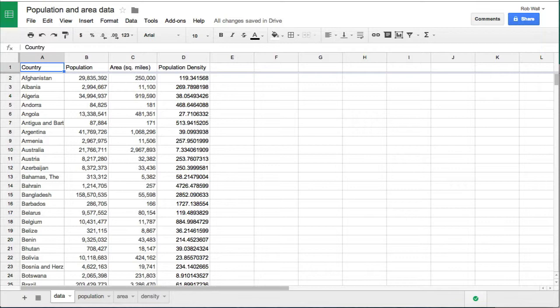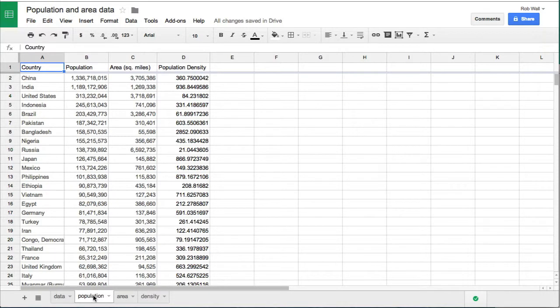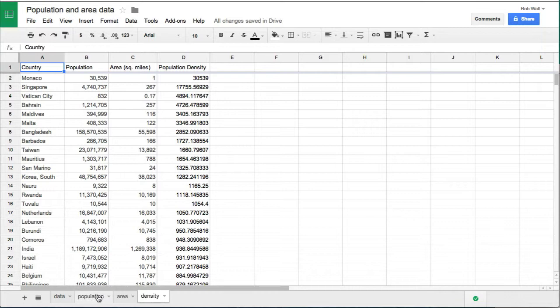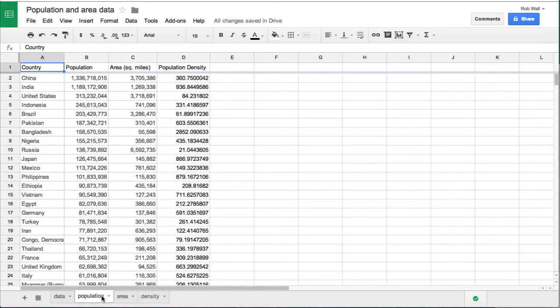So I have my data here from the two previous videos. I showed you how to do an equation for calculating the population density, and we made some copies of the data and then changed it to sort it by population, highest to lowest, and by area, highest to lowest, and by population density, highest to lowest. And I'm going to show you how to make some charts using these three tabs here with the population, the area, and the density. So I'm going to start with the population, and this is a really simple case because